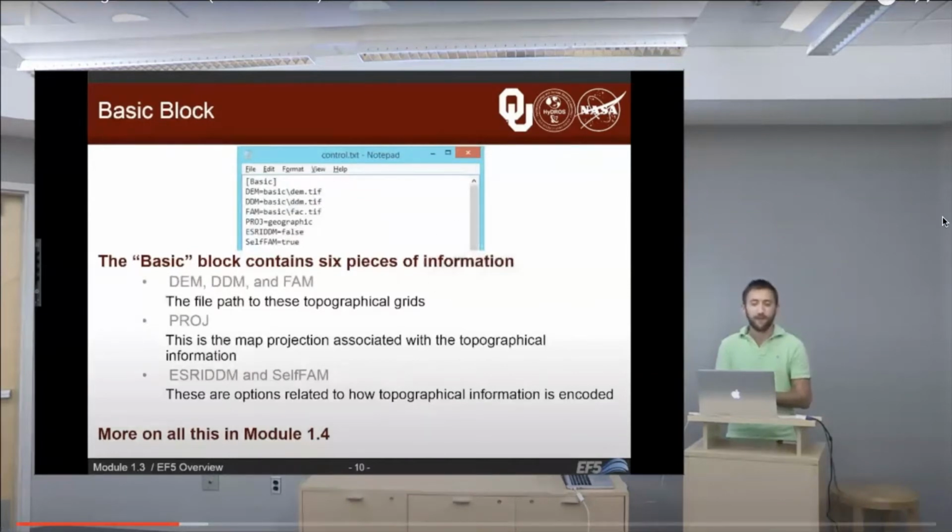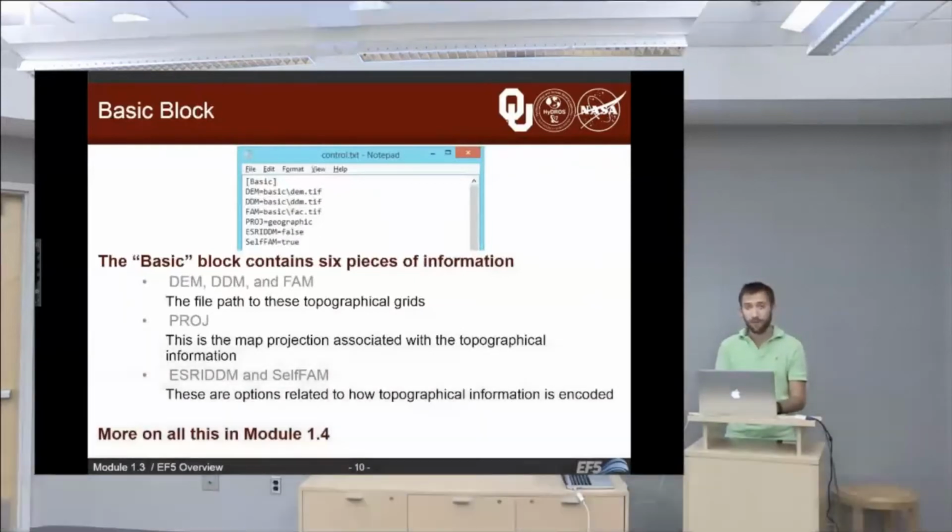Information. So we'll learn more about all of these in Module 1.4, which is coming up after this current module. But for now, just suffice to say that you can put those files wherever you want on your computer, as long